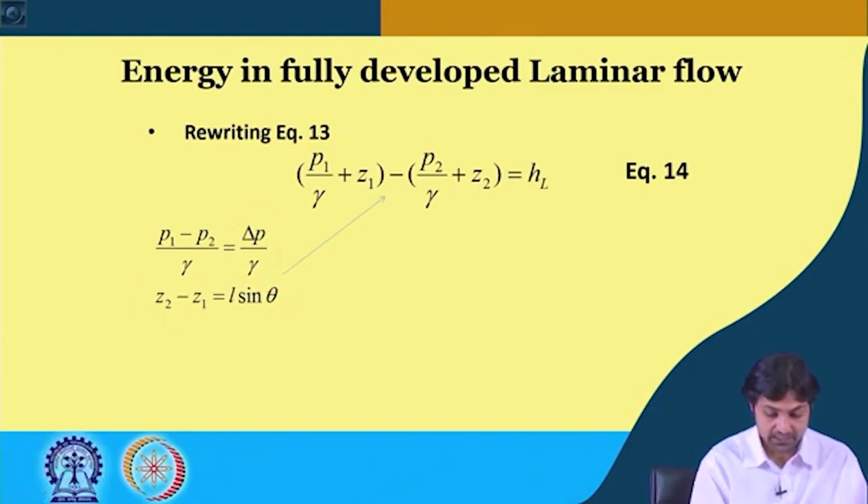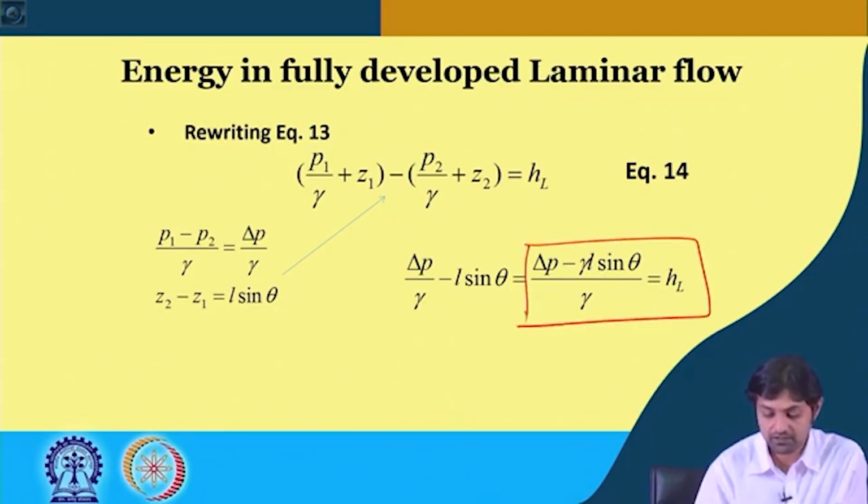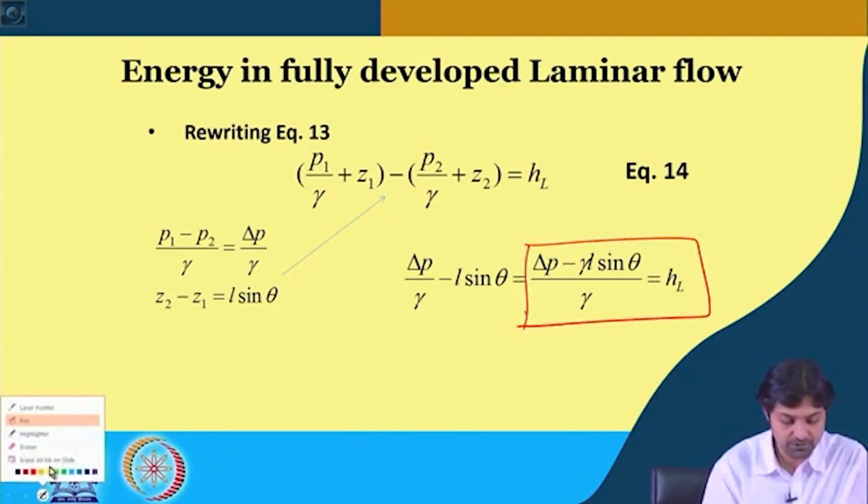If we put that here we are going to get delta P by gamma minus L sin theta is equal to head loss, or delta P minus gamma L sin theta, all divided by gamma, is head loss. With this simple manipulation,